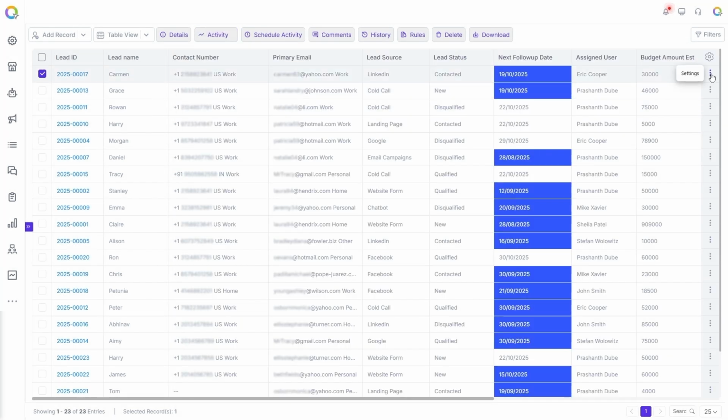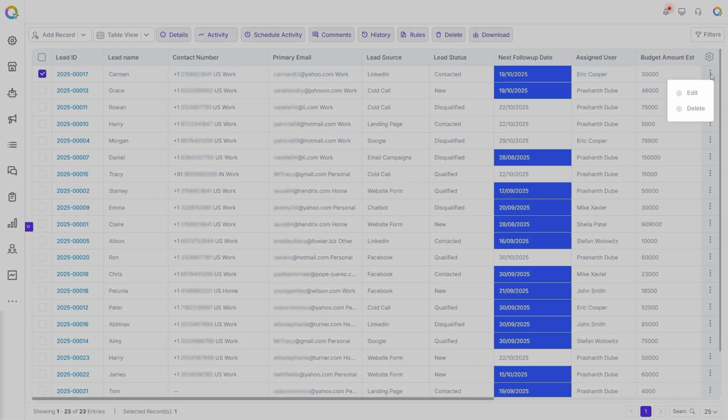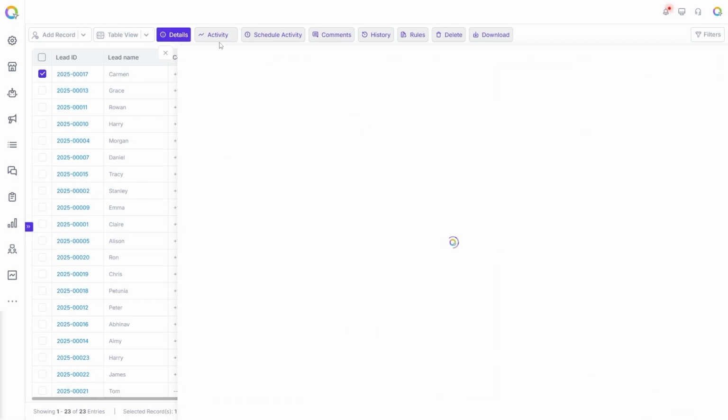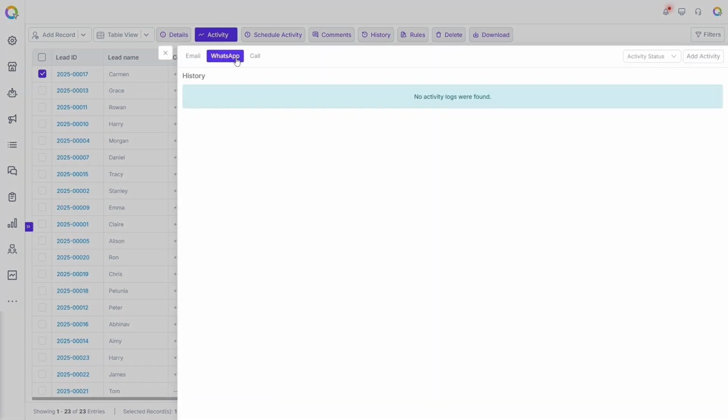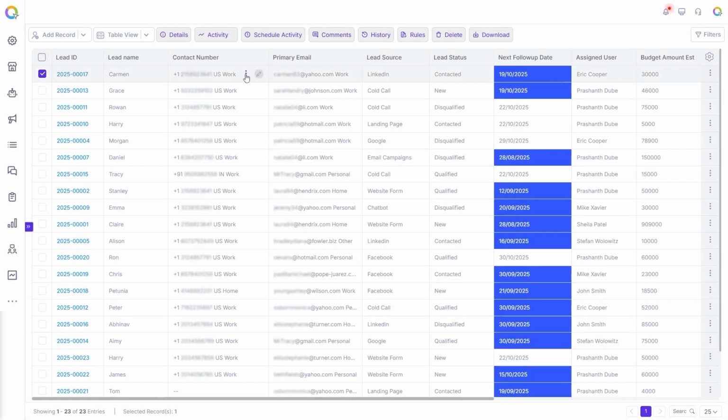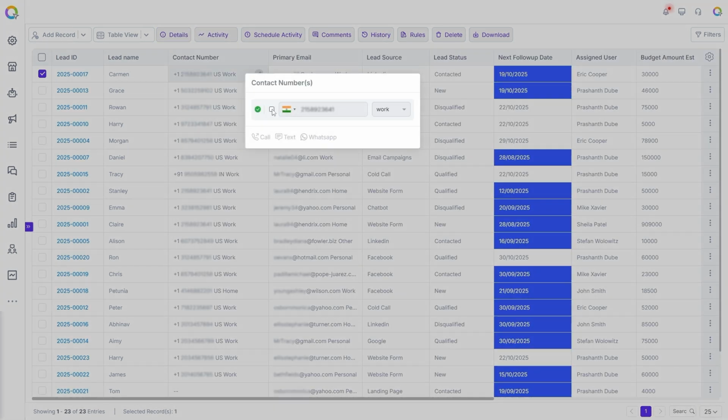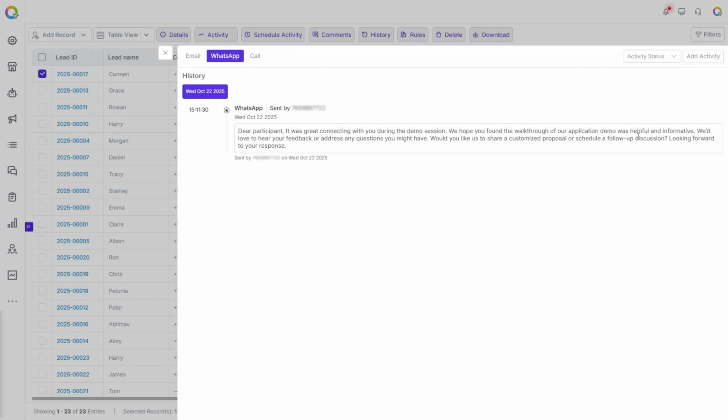Click on the ellipsis, 3 dots, beside the record. Choose Edit and then click Activity and click on WhatsApp. Or directly select the phone number field. Click the ellipsis icon next to the number and choose WhatsApp. This instantly opens the WhatsApp activity window, a feature known as Click to WhatsApp, allowing you to message your lead